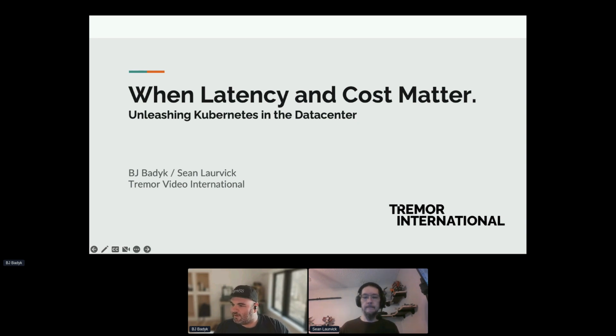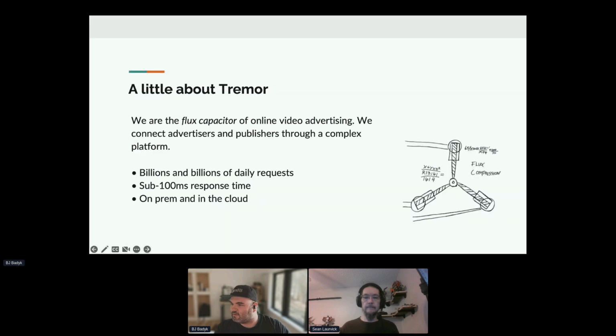Just to tell you a little bit about what we do, you could call us the flux capacitor for online video advertising. We enable publishers and advertisers to work together, mostly for pre-roll video ads, although we work in other parts of the landscape.